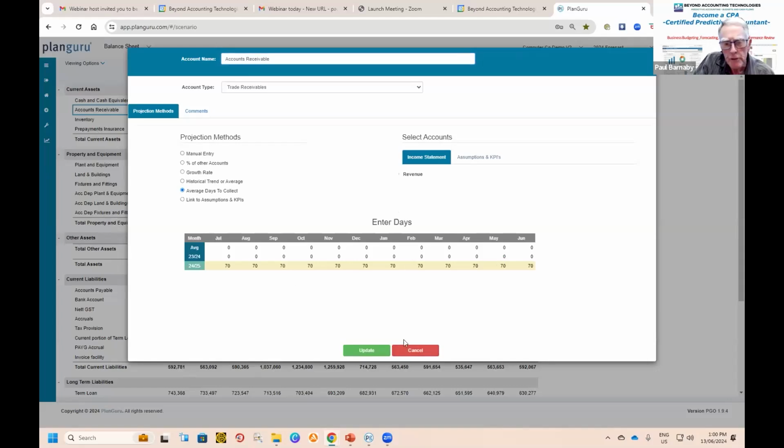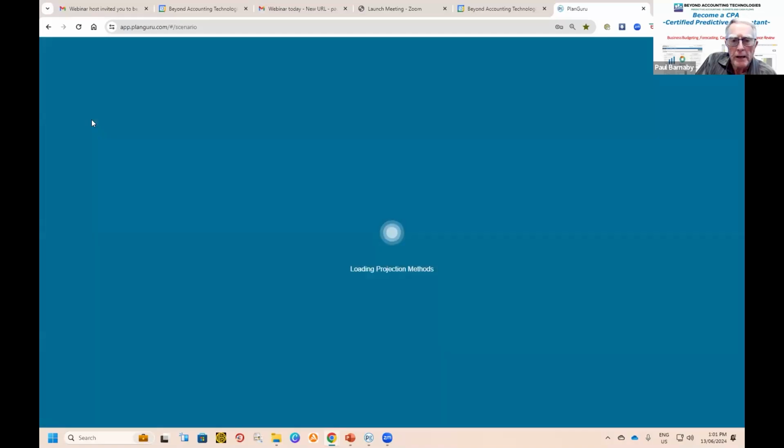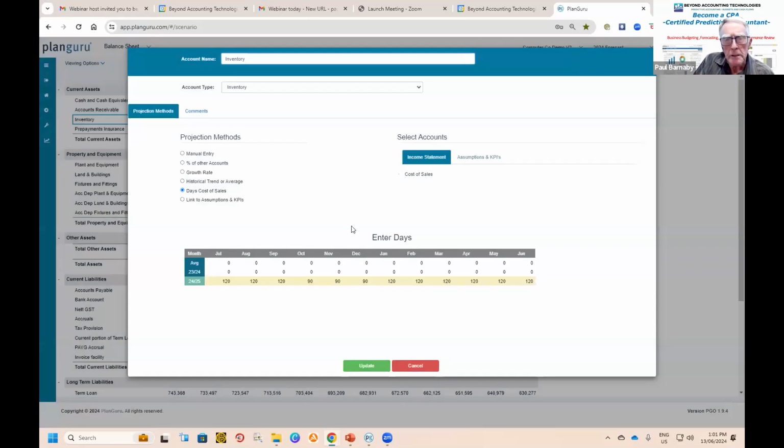And it converts, let's just cancel that so we can get back to here. It converts those key drivers. So inventory, for example, we're using days of stock on hand. And these are all changeable by you as you go along. So, for example, you can have a look at the key driver for inventory. Let's have a look at what we've got there, and we'll just load that up.